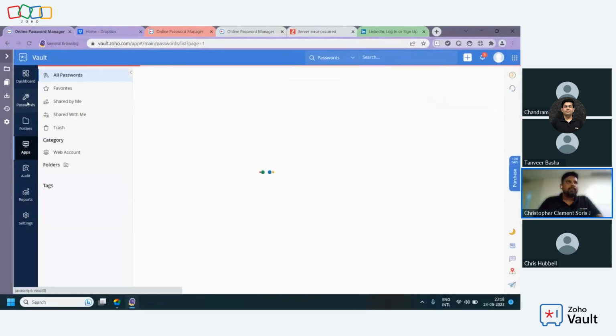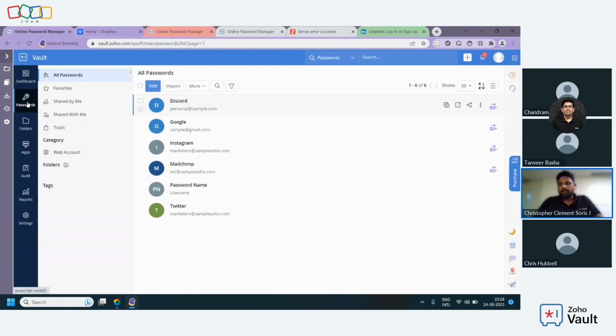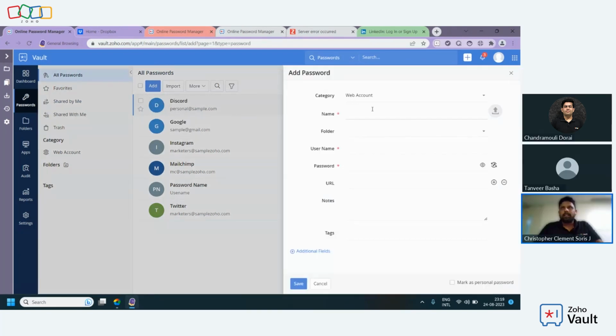Documents can be uploaded to Zoho Vault like the password entries. When you add a password, we have a category on the top, and you can select the file store option in the category. When you choose file store, you get the option to attach files. You can store files that are up to 2 MB in size. You can store small files like SSL certificates, license keys, SSH keys, or legal documents, blueprints, and images